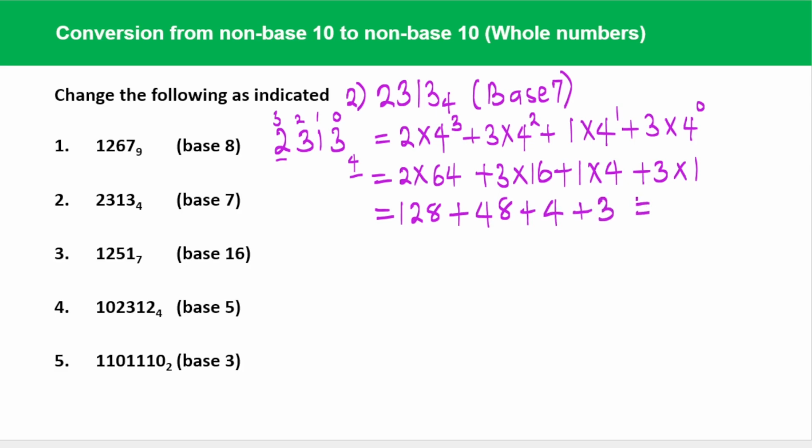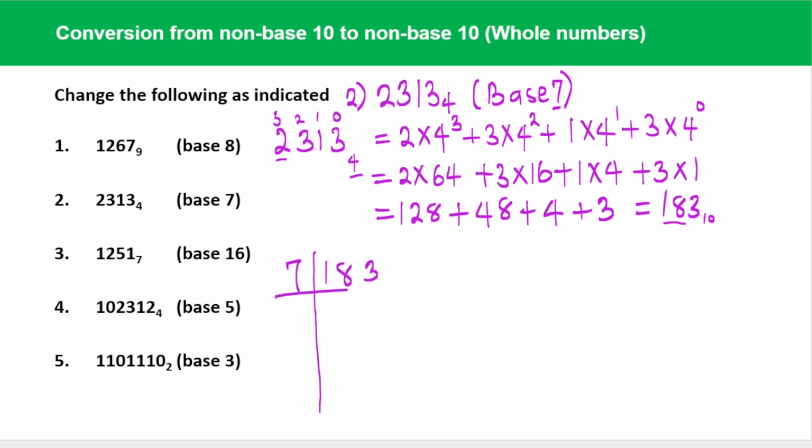And finally, we add up all these values together. 128 plus 48 plus 4 plus 3. That will give us 183 base 10. The next step now will be to change from base 10 finally to the required base, which is base 7. And we will do that by using 7 to divide